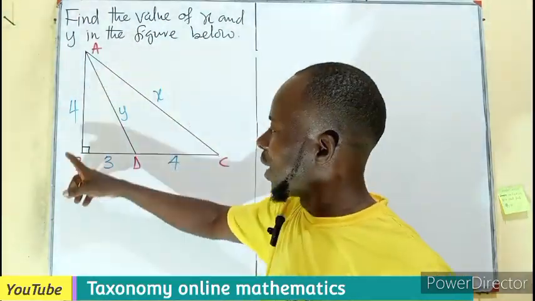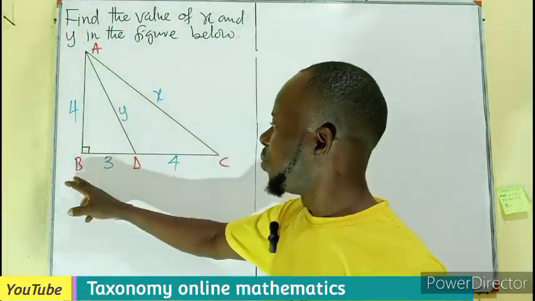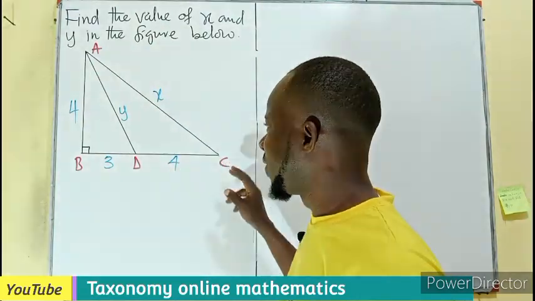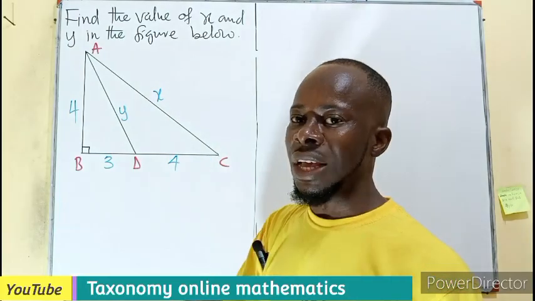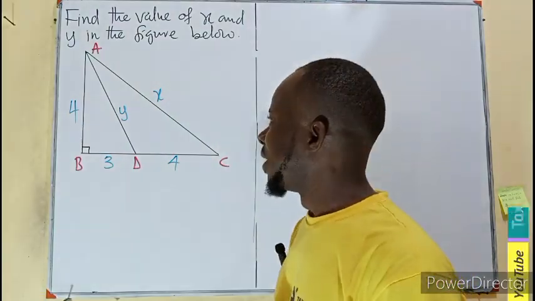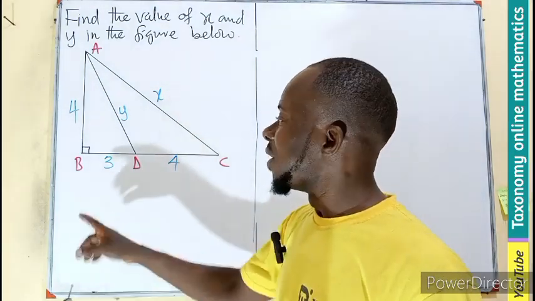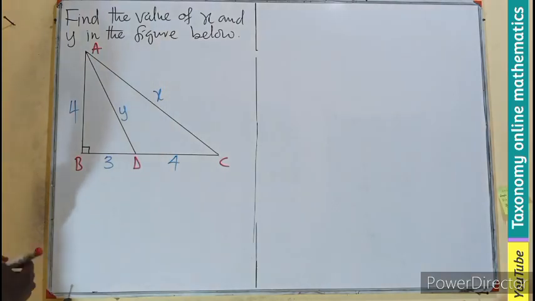If we take ABD, it's a right angle. If we take ABC, it's a right angle. ADC is a different triangle, which we don't know whether it is isosceles or scalene. All right. Now, the easiest way to solve this is using the Pythagoras theorem, since I am seeing a right angle. So I'll begin by using